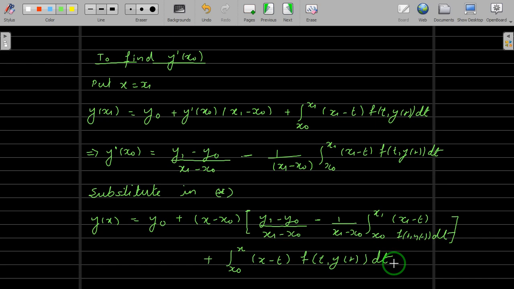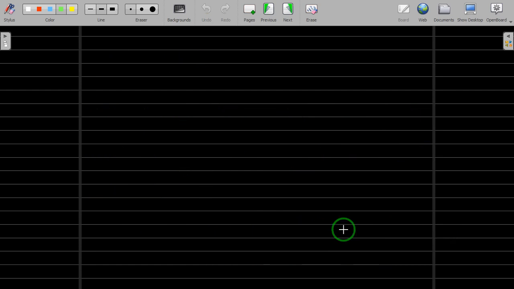Now you know that you will convert this boundary value problem to your Fredholm integral equation, and if you notice here, you have one integral from x0 to x1 and another integral from x0 to x. So you have to convert this into an integral equation from x0 to x1, and for that what you do is you first open this bracket. You open this bracket first. So what you will get, am I audible? Yes, sir. Okay, so you open the bracket.